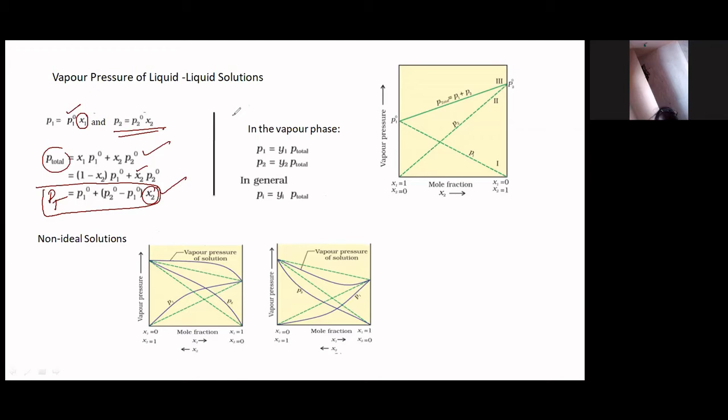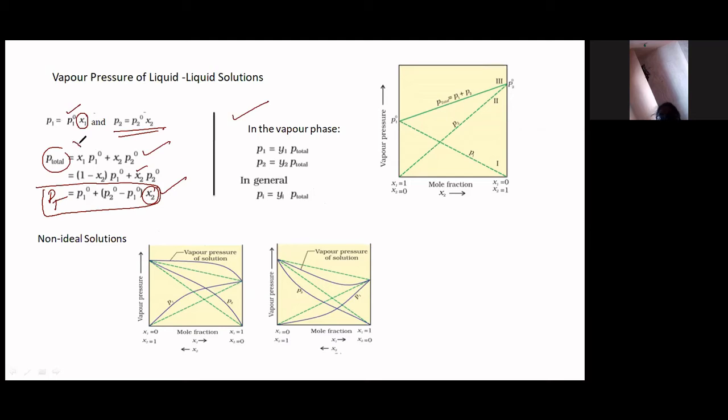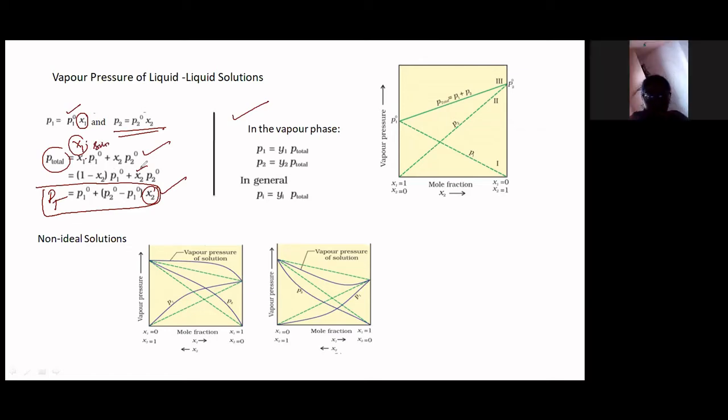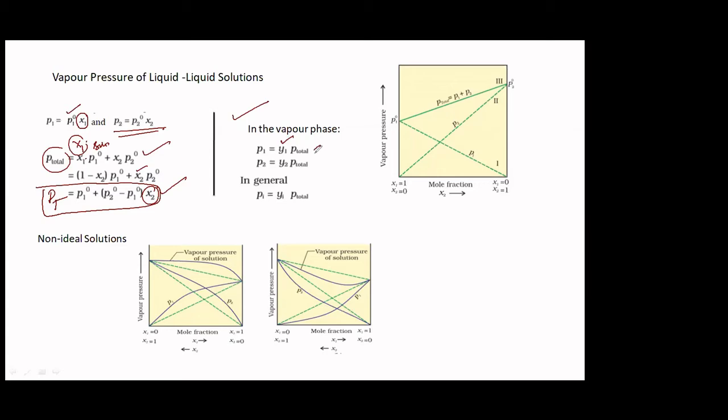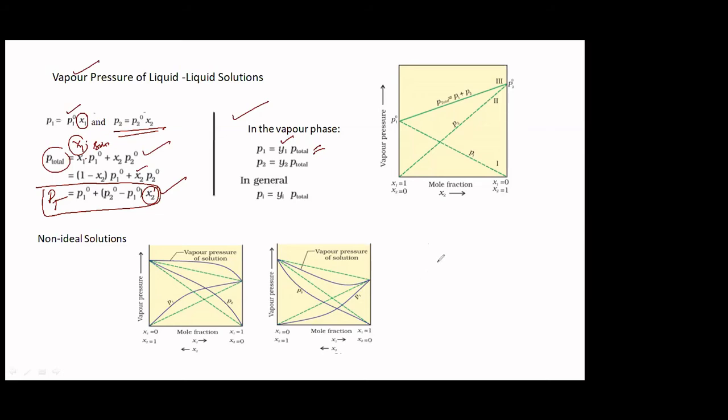And you can also find out the mole fraction in the vapor phase. Mole fraction, when you write xi here, or generally we call it as x, it is in solution. And in the vapor phase, if you consider this as y, then this is how it is. So in the solution, we are supposed to use Raoult's law, but in the vapor phase, you are supposed to use Dalton's law. Some disturbance there.